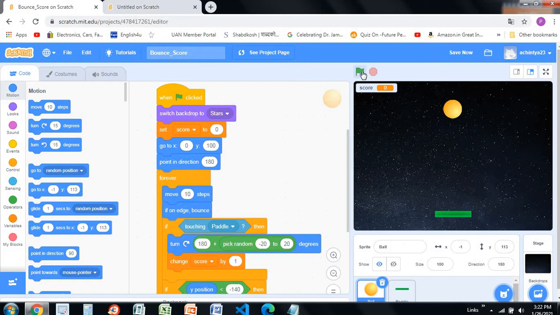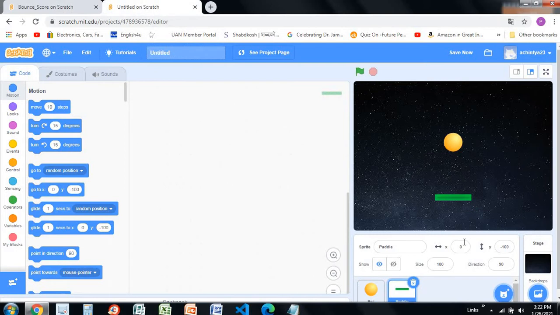The ball we can keep at -7. The ball can be over here, or else place the ball here and the paddle will be here. The ball is here. Yeah, perfect.